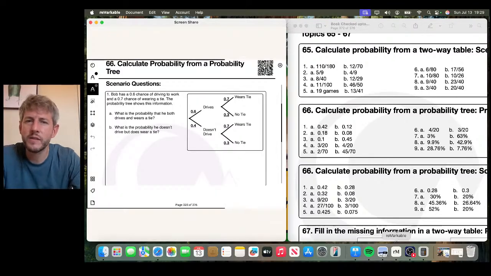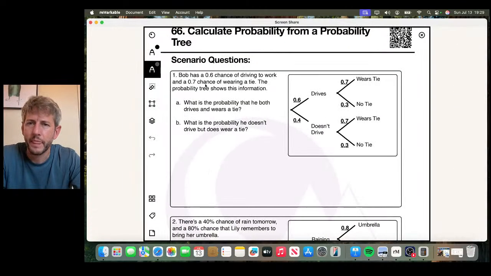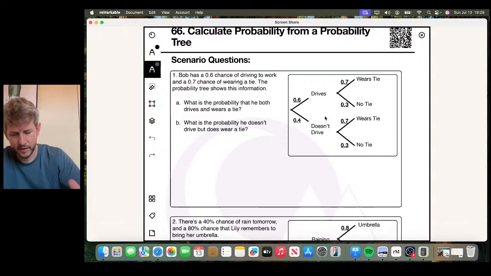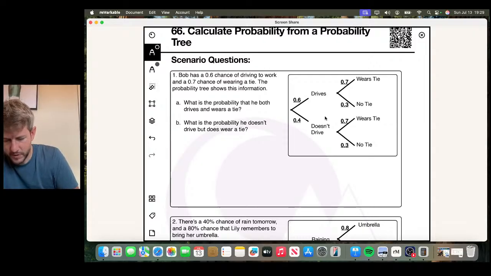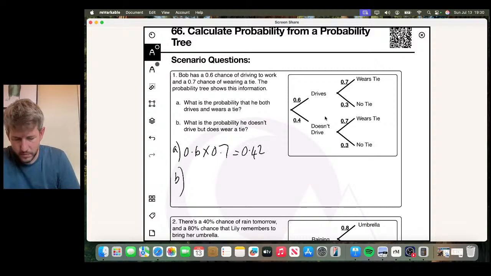Okay. Here we go. We've now got the scenario questions. So let's have a go at these. Bob has a 0.6 chance of driving to work and a 0.7 chance of wearing a tie. The probability tree shows this information. What is the probability that he both drives and wears a tie? So you've got here, so A is 0.6 times 0.7. Okay. Which will be, B is